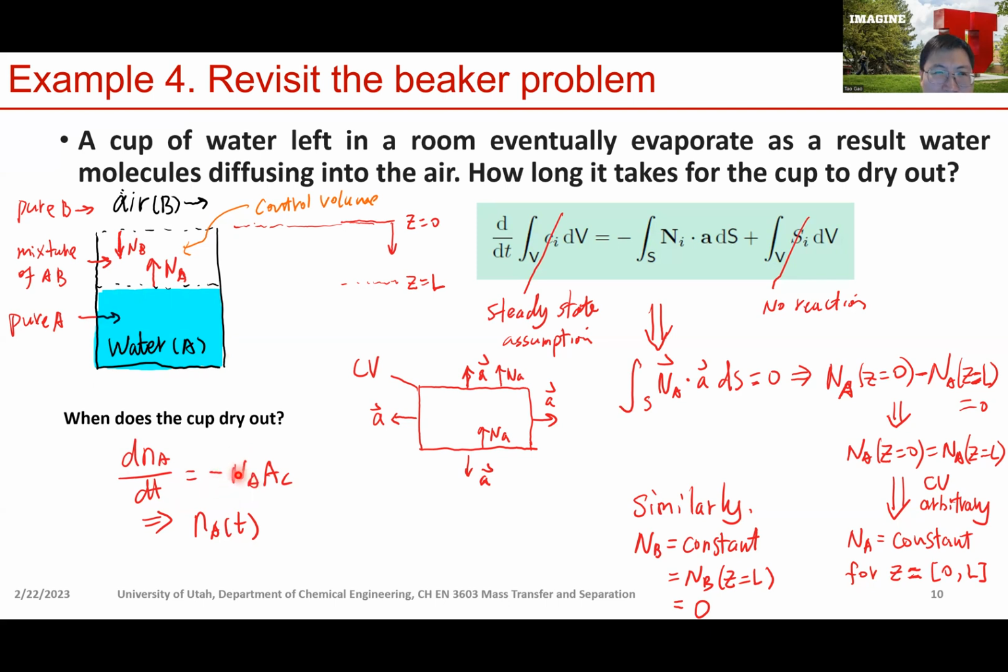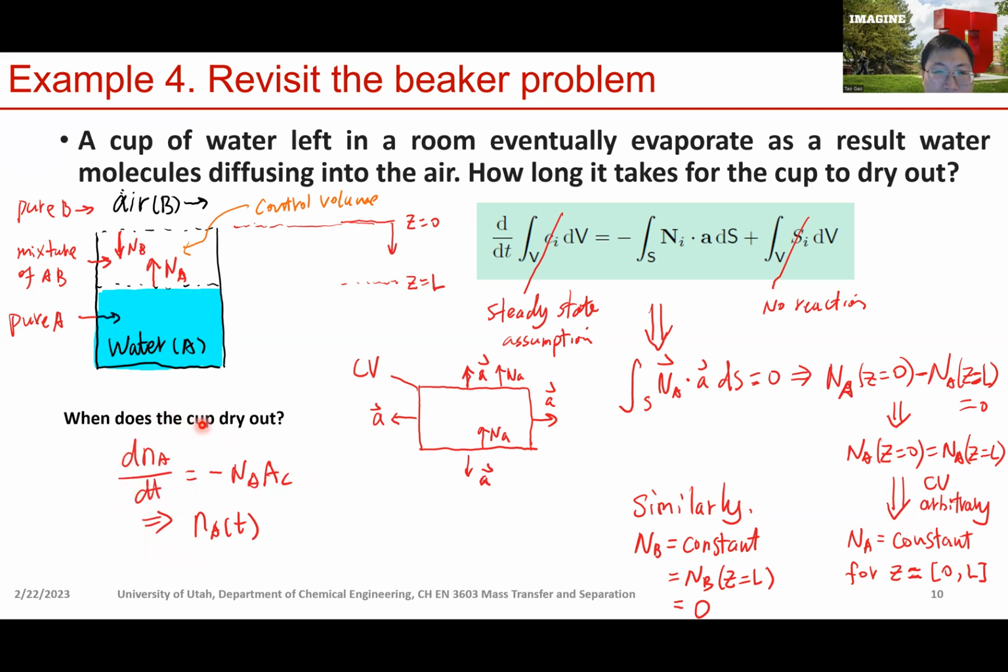N_A is the flux of water vapor leaving this interface, multiplied by A_C, which is the cross-sectional area of the cup, right? If you solve this equation, you can get N_A as a function of t. Then if you let N_A(t) equal 0, that gives you the time it takes for the cup to dry out. So essentially, in order to solve this problem, we need to figure out this